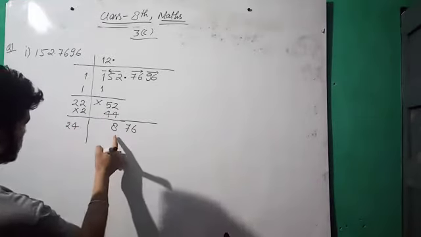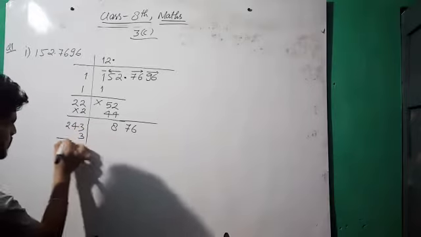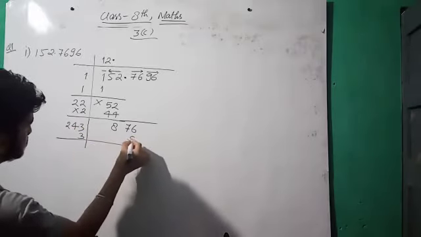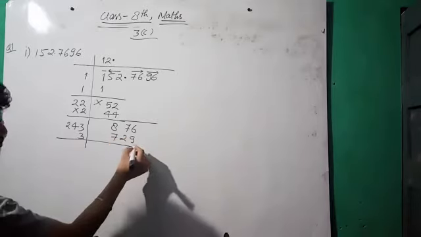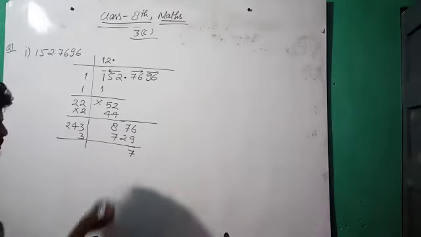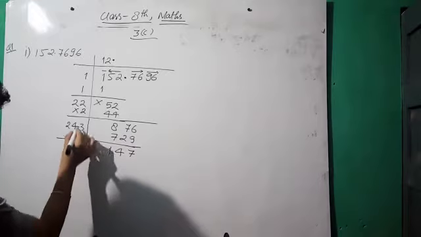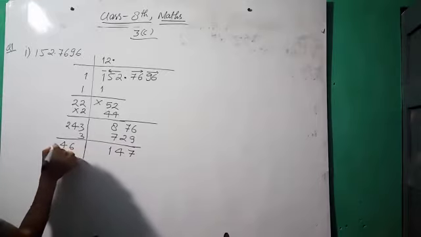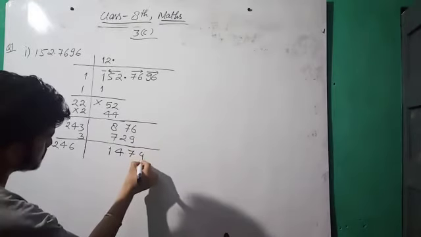This is 876. So we have to multiply by 3. 3 times 3 is 9, and this is 72, 792. Now 76 minus this gives 47, and 8 minus 1 is 147. Now we have to add 6 4 2, and 147. Now carry down both this 9 and 6.